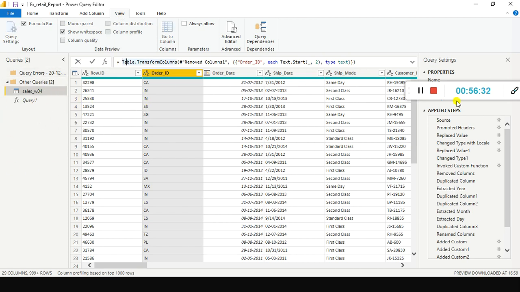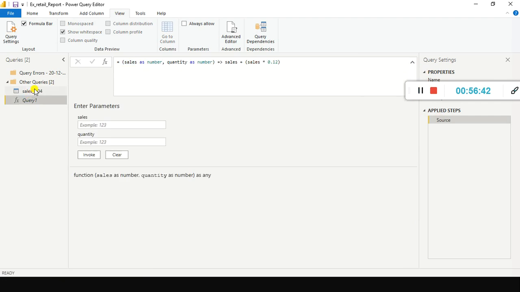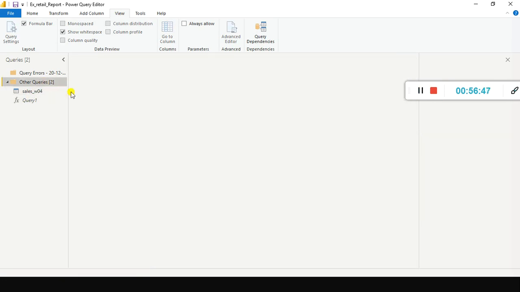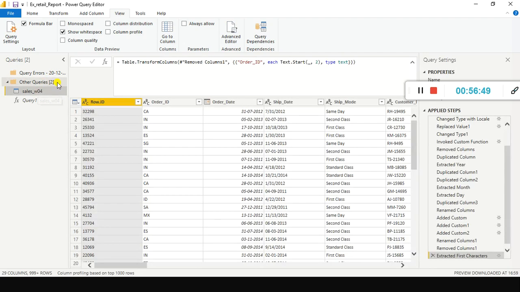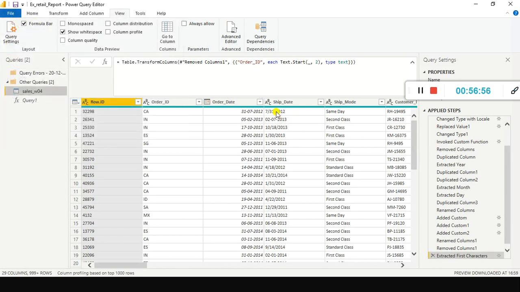So if I go and see here, source, right? Or if you can extract like this, I just, 1 second, I just go here. Okay, what I'll do is I'll just close and apply.